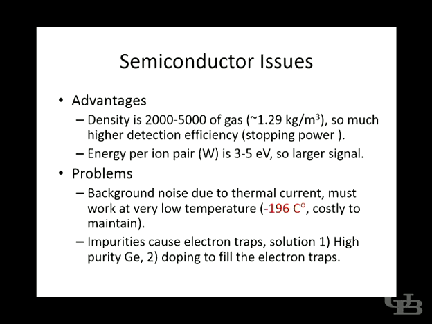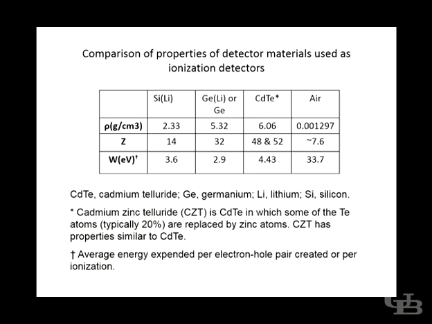And also have some purity issues. So a lot of research has been going on to make room temperature semiconductor, and we have some detectors working that way, but still it's not very available. This slide shows some numbers of the properties we were talking about: the density, the atomic number.